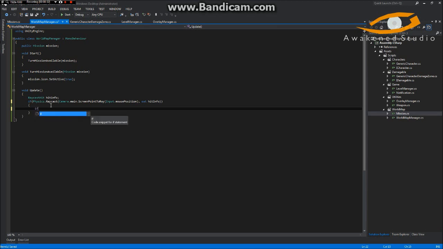So we'll do if hitInfo.collider.GetComponent<Mission> does not equal null, which means if we've hit a mission object and not the background, and we'll just call this mission. We'll just call it M actually, okay? And we'll do mission M equals this, and then we'll do